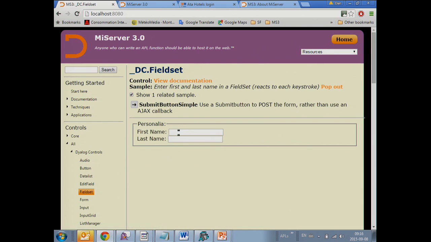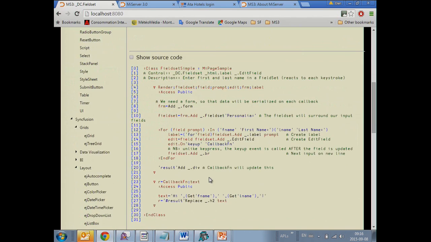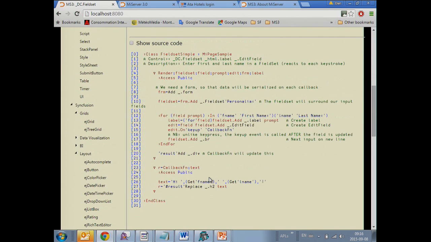Here's another one, field set. I can type my name. And as you can see, as soon as I type something, the text is updated at the bottom. And again, the code for doing this is not very complicated. Other examples that we would have, datetime picker,